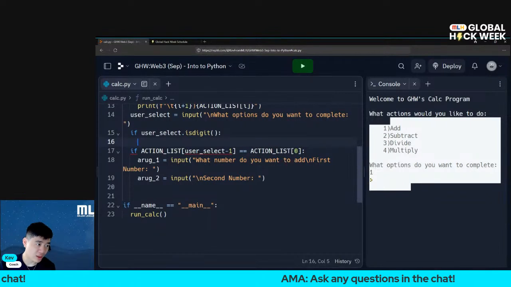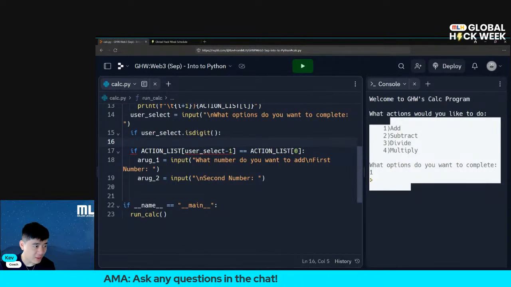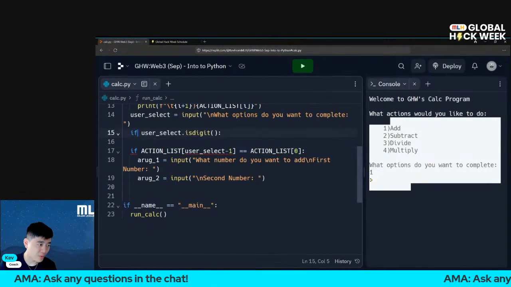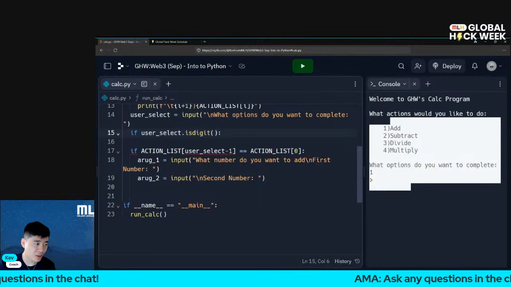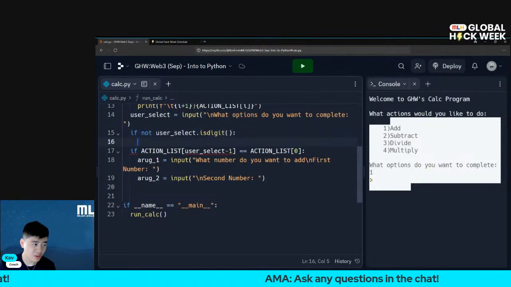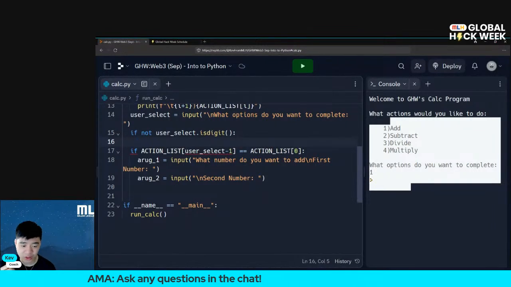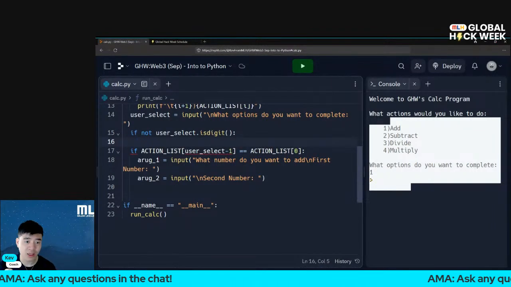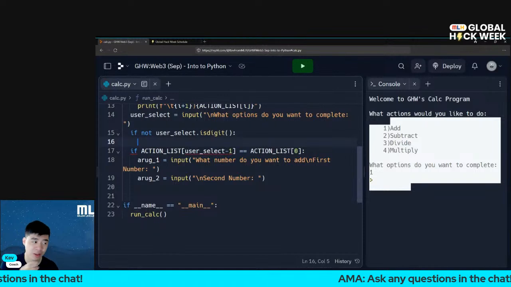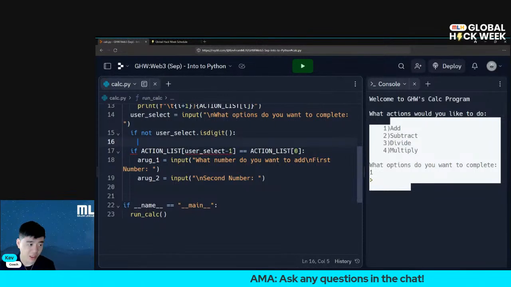If user select isdigit, what we're going to do next is the not digit case. So if not user digit. Adding not essentially just flips the expression's condition, right? Before it was saying if it is digit, go in. Now it's saying if it's not digit, go in. And if it's not digit, what we're going to do is